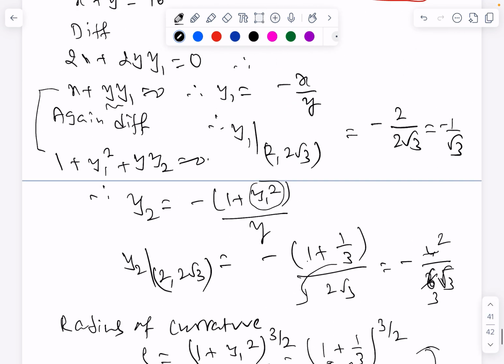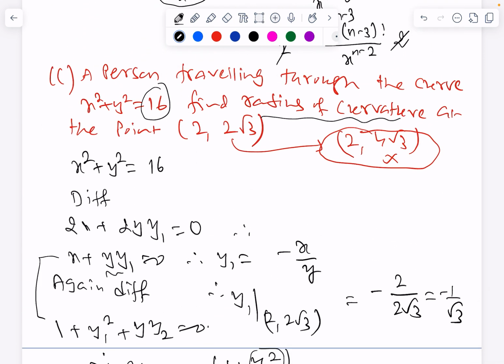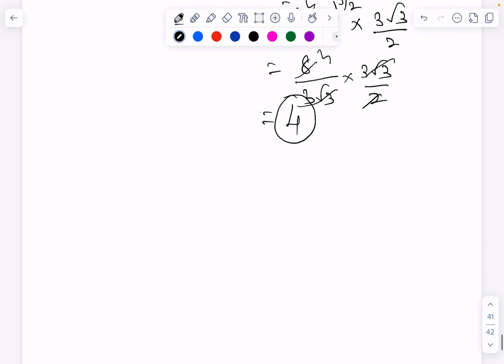And we know that it is given as a circle. So the radius of the circle is nothing but the radius of curvature. Now here we have the option also, and the option is